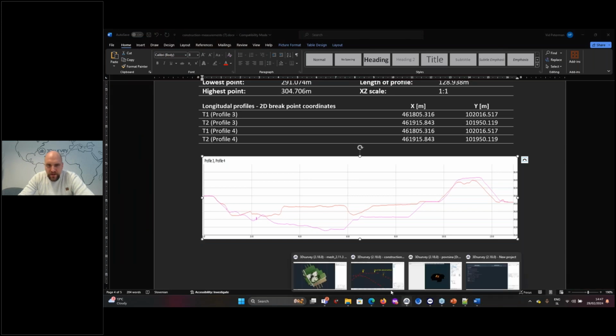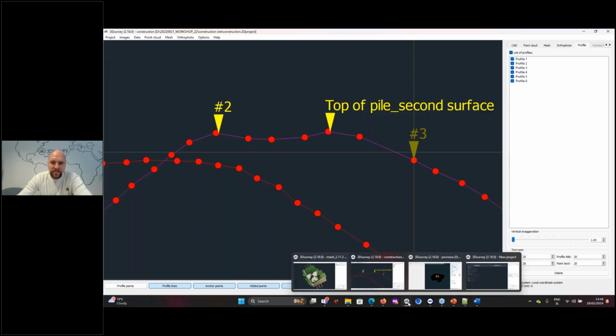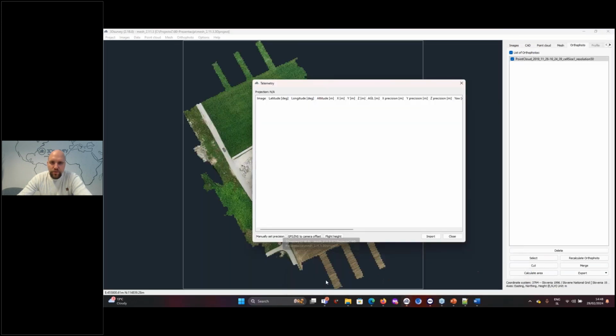Okay. So in 1 hour, it is impossible to go through everything that the software has to offer, but I'm just trying to go through the most interesting functions. So finally, when you finish your project, you now have this nice 3D data that you work with.